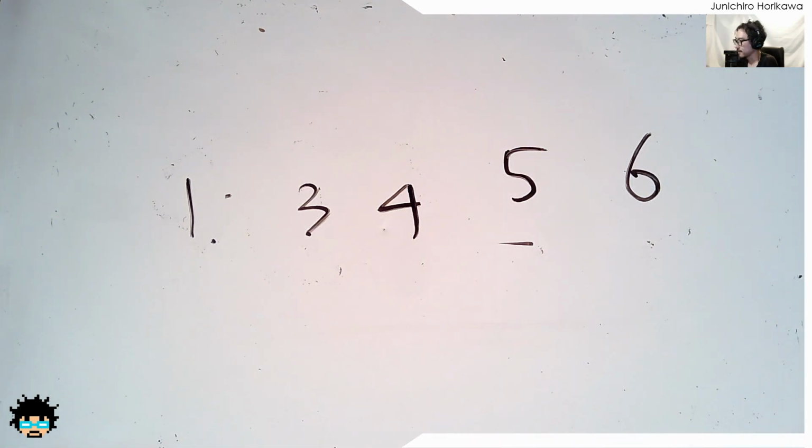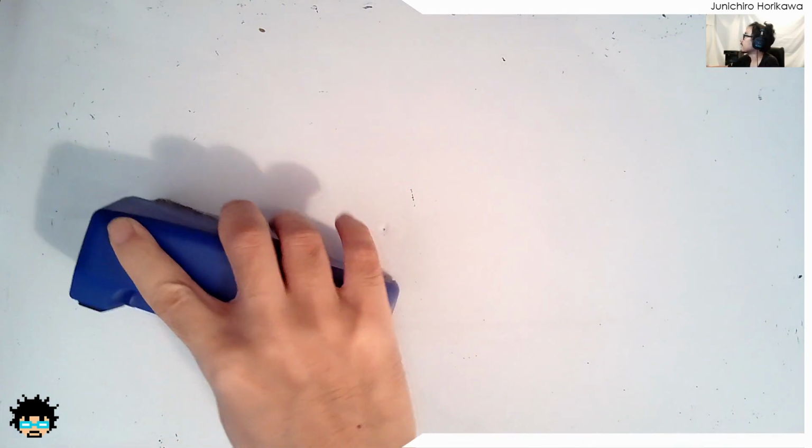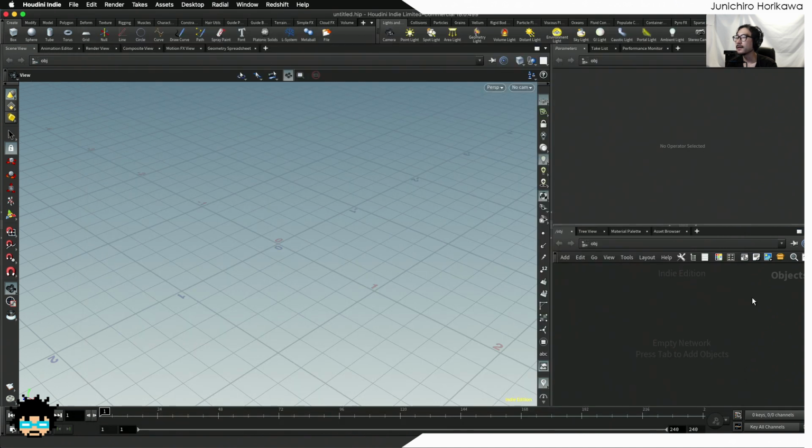So that's how bubble sort works, and I want to animate these operations as motion graphics using Houdini somehow. So let's try to do this. This is the explanation of what bubble sort is in Wikipedia. Alright, now